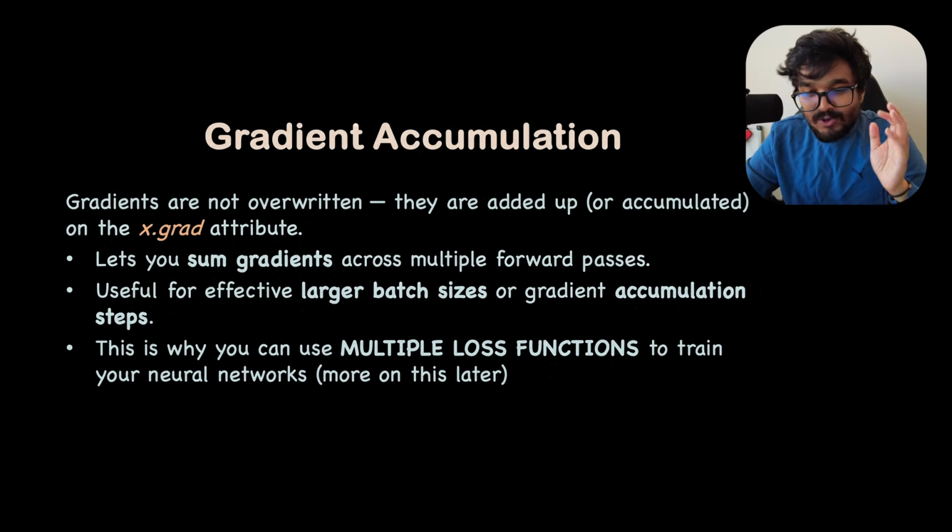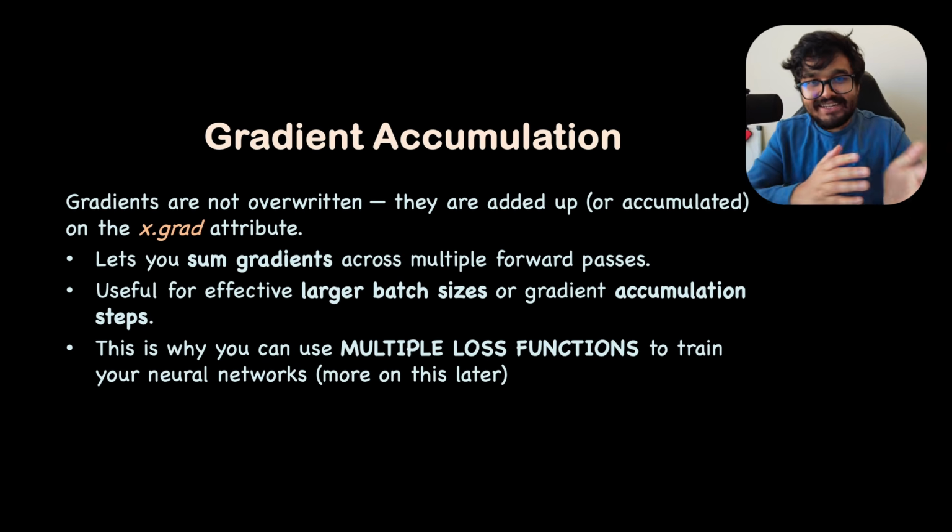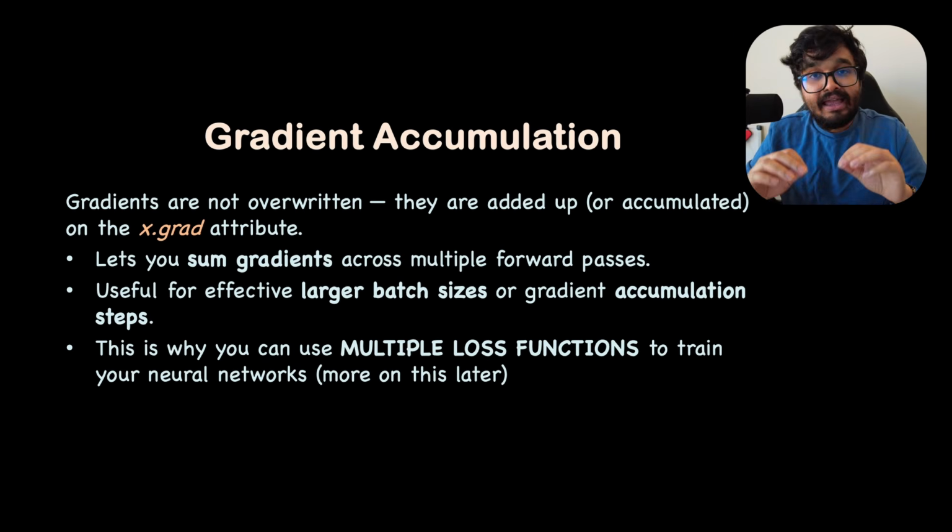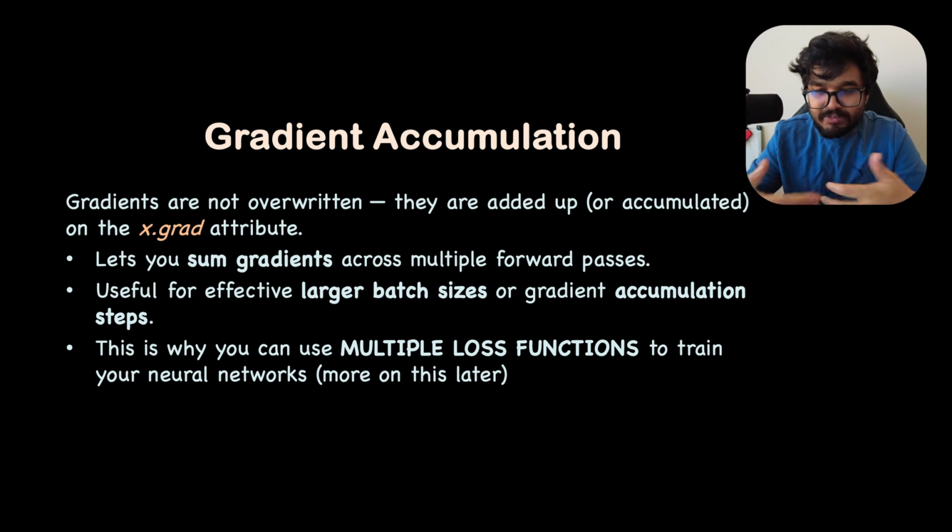Now, let's talk about gradient accumulation. This is a very key concept in PyTorch, and I have seen a lot of people get confused by it. So I have a simple example that explains how it works. Gradients are not overwritten. They are added up, or accumulated, on that .grad attribute of a tensor. And this is not a bug. This is a feature, and it's there by design because it allows you to sum gradients across multiple forward passes